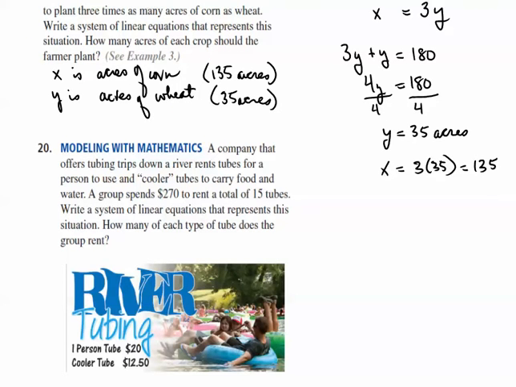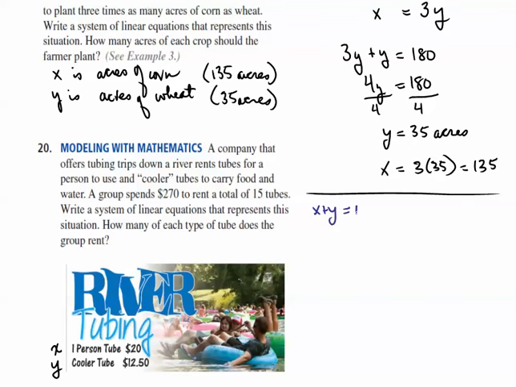All right, with the next word problem, a company that offers tubing trips down a river rents tubes for a person to use and cooler tubes to carry food and water. So we'll call X the number of one-person tubes. Y will be the number of cooler tubes, not the cost. We know the cost already. So a group spends $270 to rent a total of 15 tubes. So we know that X plus Y